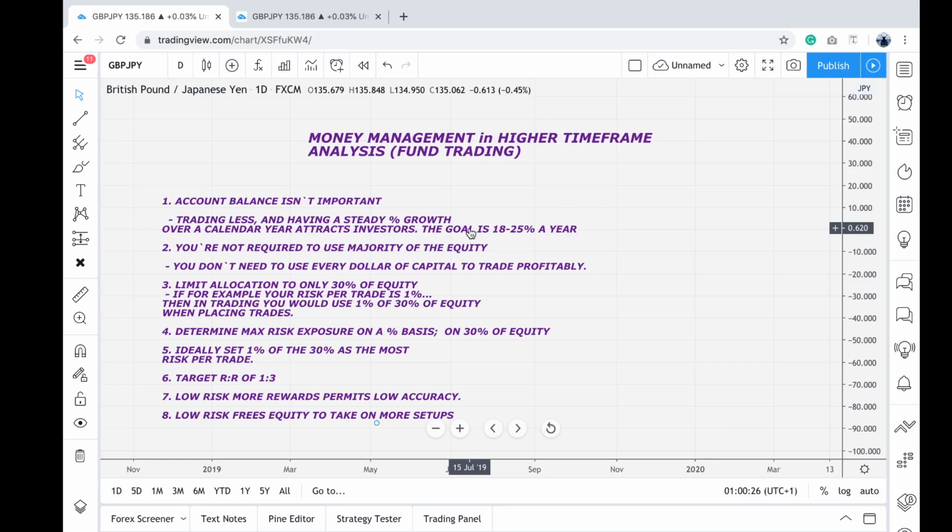What investors want to see is a person who can manage their funds without having to trade so much and expose themselves to a lot of risk in the marketplace. You reduce your exposure to risk in the marketplace by trading less. And once investors are able to see you're having a steady percentage growth over a long period of time, investors are more satisfied